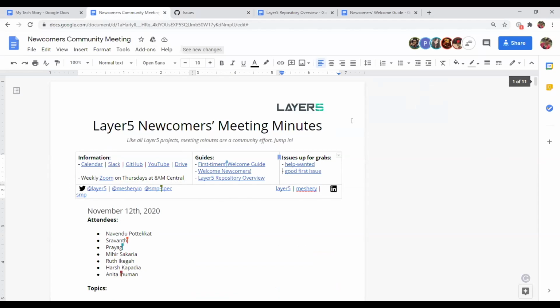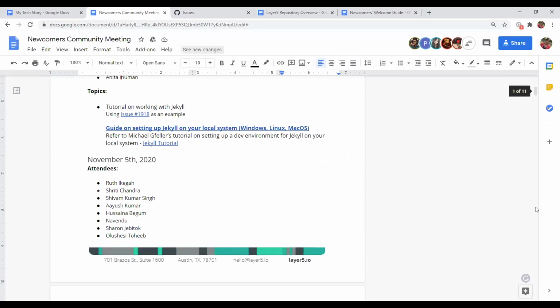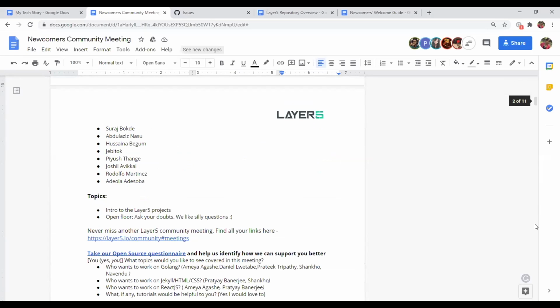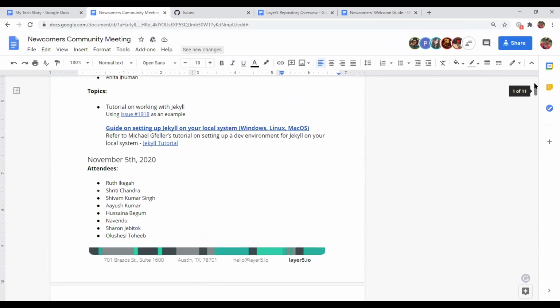Next, there's the GitHub organization. I don't have that open yet. Just give me a sec. Shruti, could you send the GitHub repository overview on the Zoom chat?